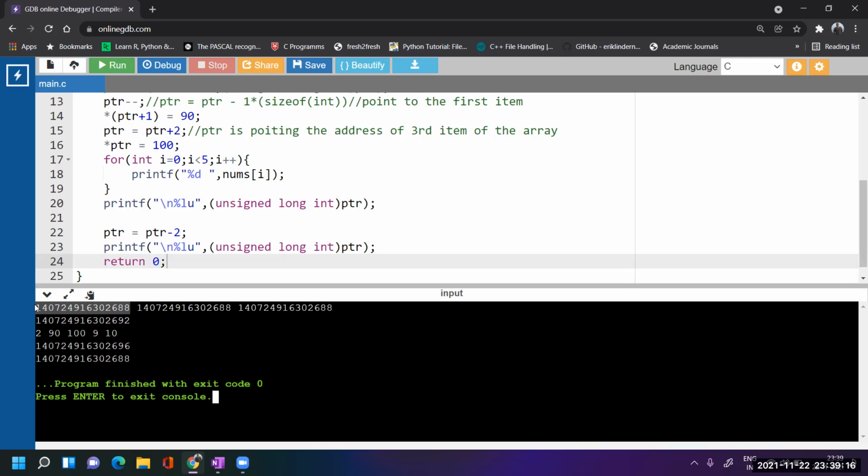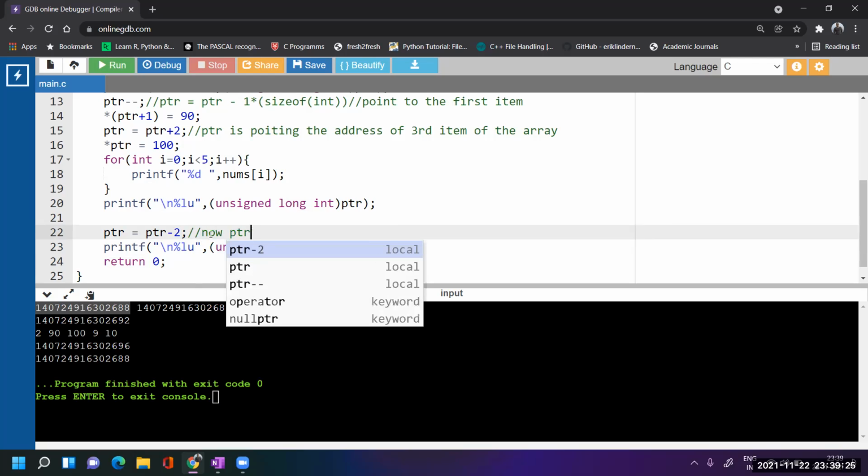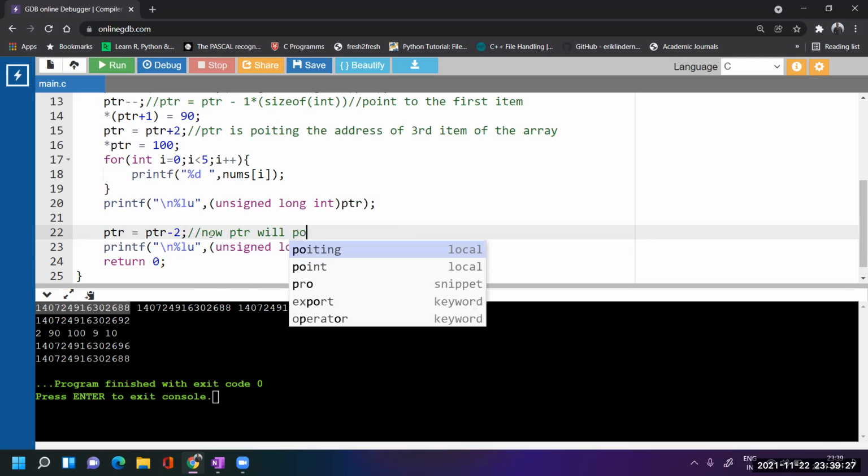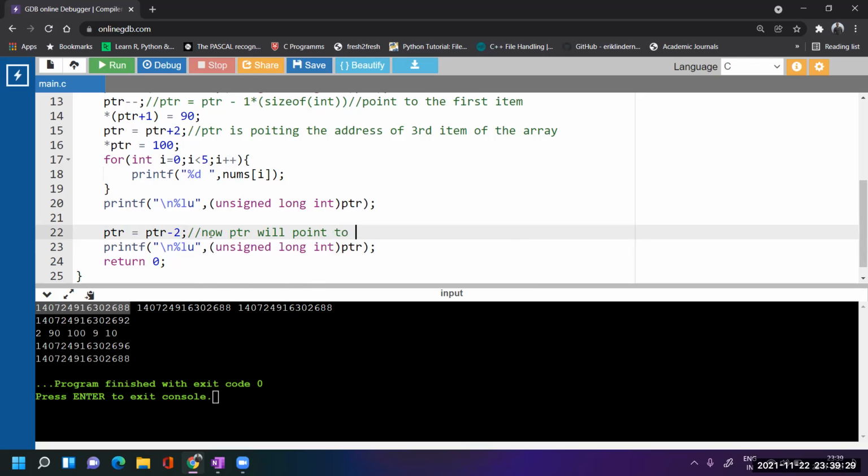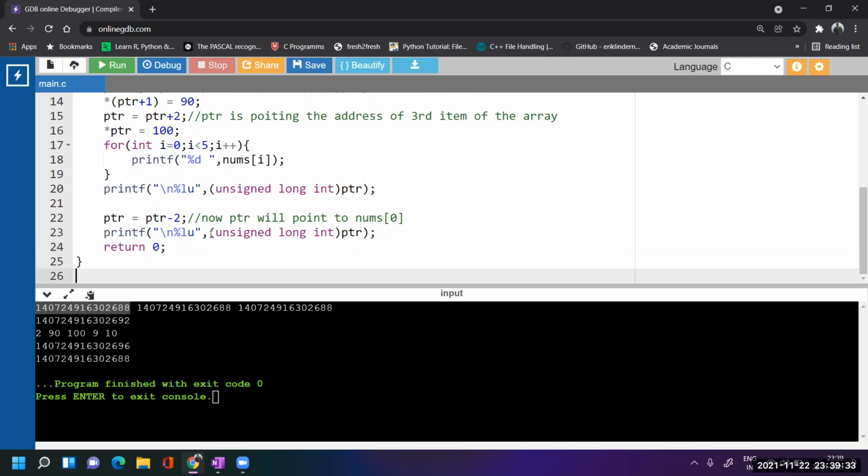Got it? So now PTR will point to nums of 0. So I am just playing within the array.